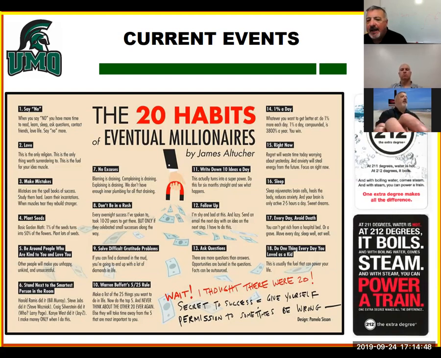This 1% a day, number 14 in the upper right-hand corner. I don't know if you can see it or not. It says 1% a day. And you see the card in the lower right-hand corner: at 211 degrees, water can get hot. At 212 degrees, it boils. So 1 degree makes all the difference between hot water and the ability to move